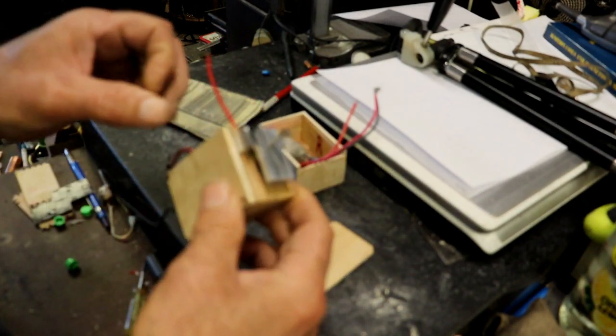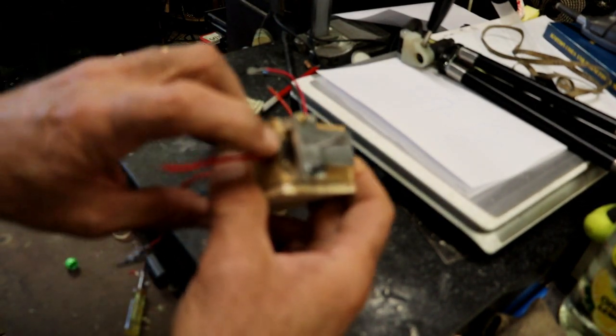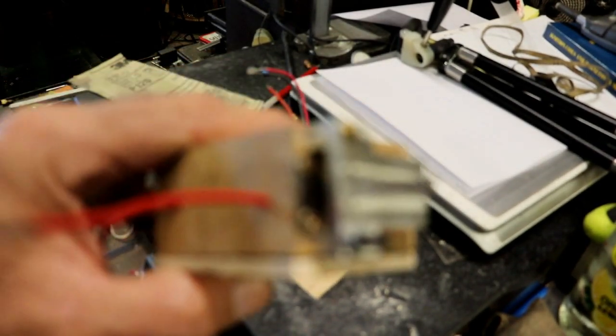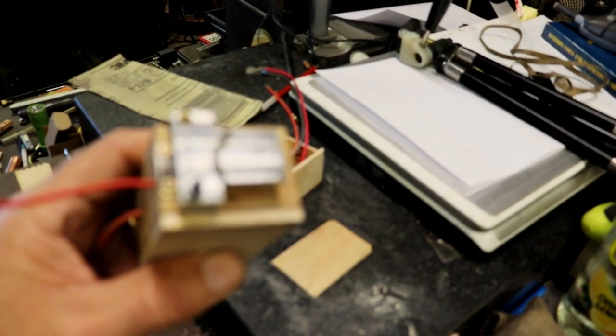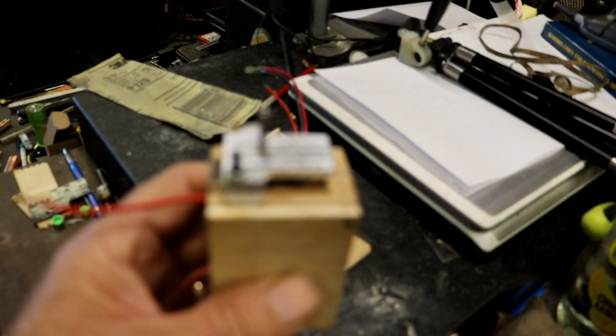But the bottom piece here, I don't know if you can see that or not, or if the focus is. Doesn't look like it's focusing at all here. Let me see. Is it on manual? It's on autofocus. Should be focusing. I want you to focus on that. All right. Huh. Well,